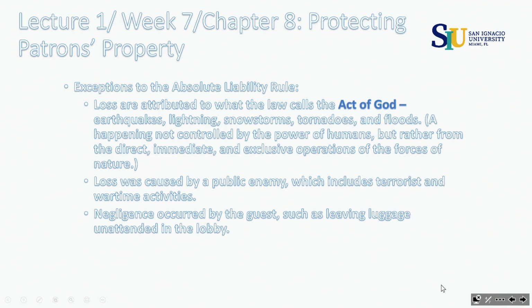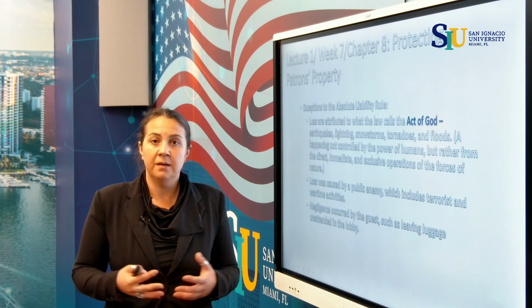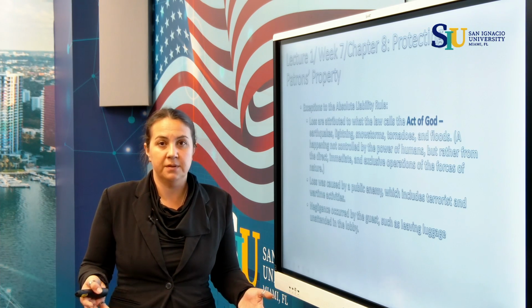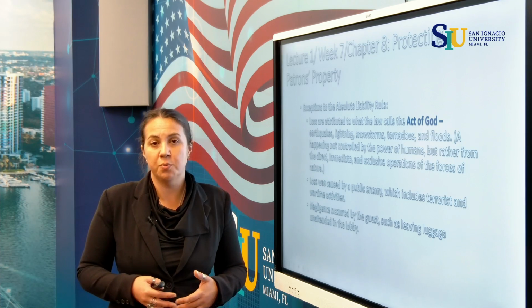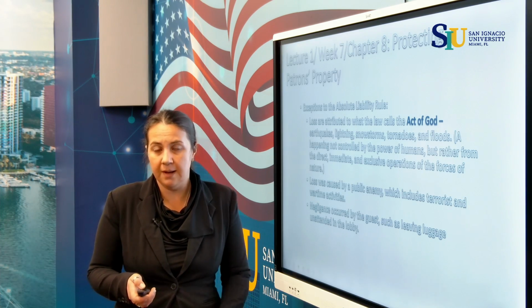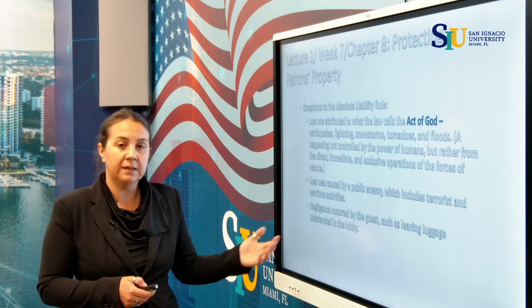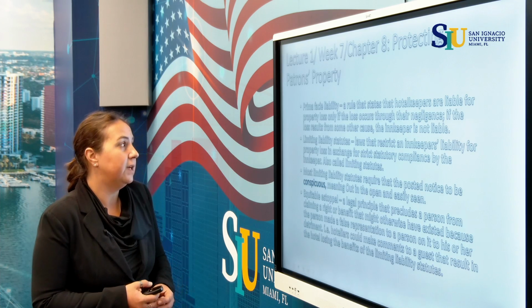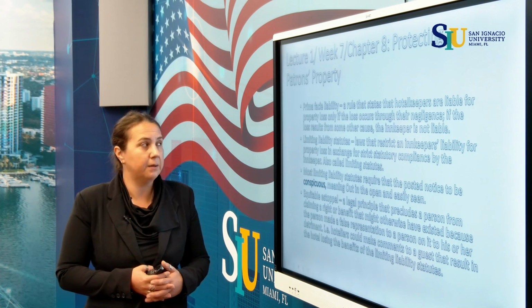And the last one is whenever the negligence has occurred because of the guest's wrongdoing. So imagine you're at a busy hotel and you decide to leave your luggage with millions of dollars unattended. The likelihood that that luggage will be left at the same spot unsupervised is very unlikely. Obviously, that is going to be considered the negligence of the guest per se.